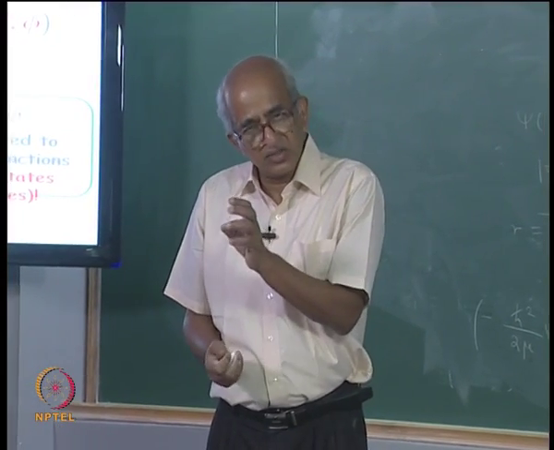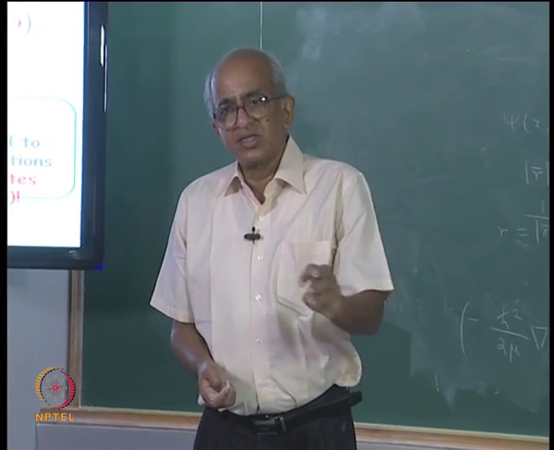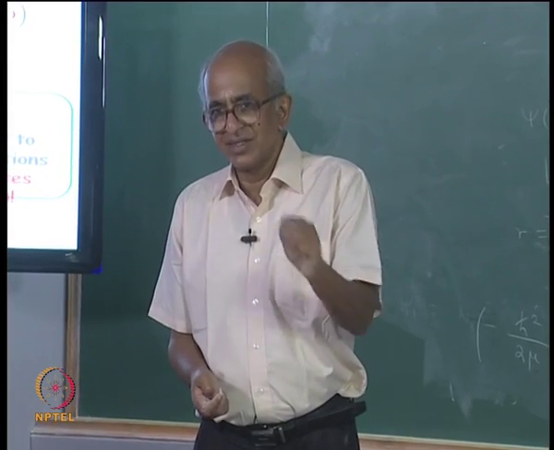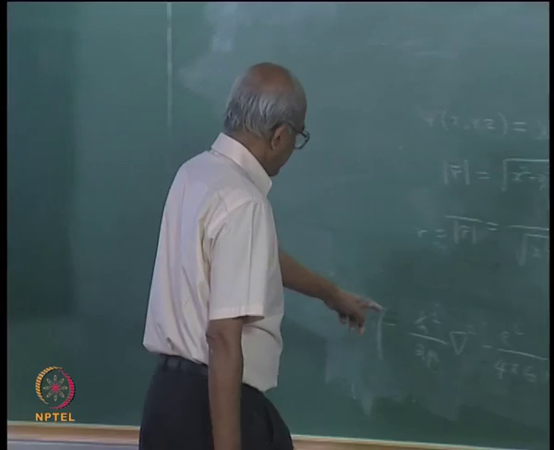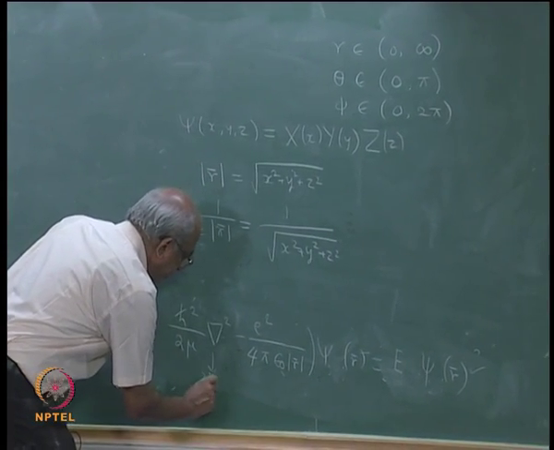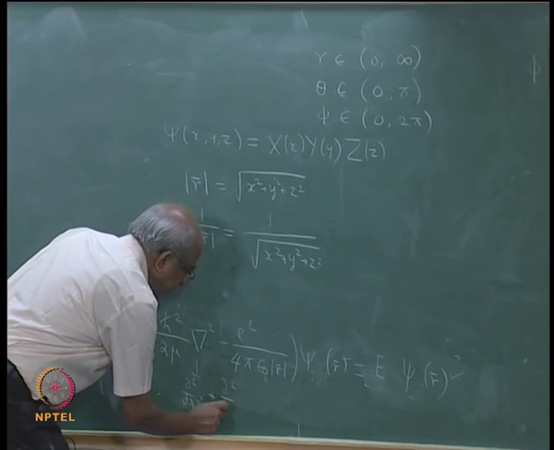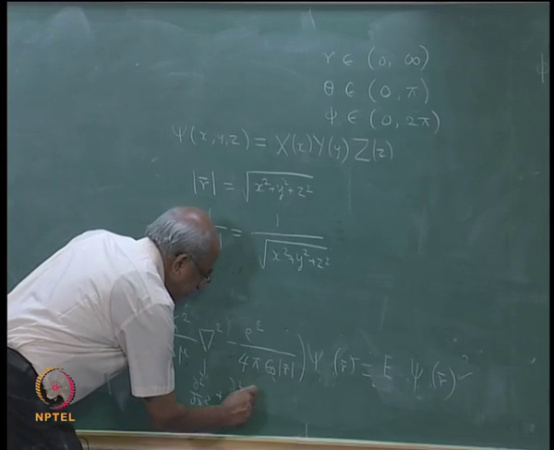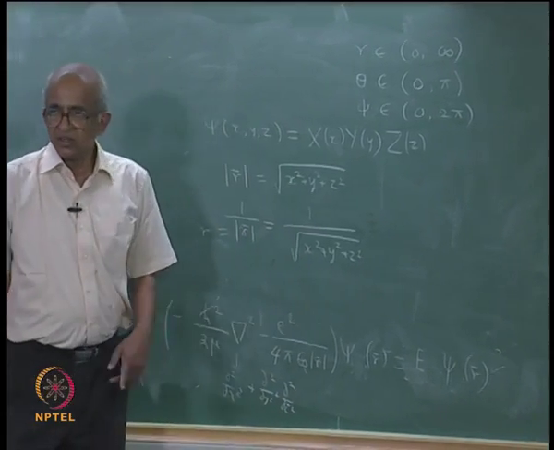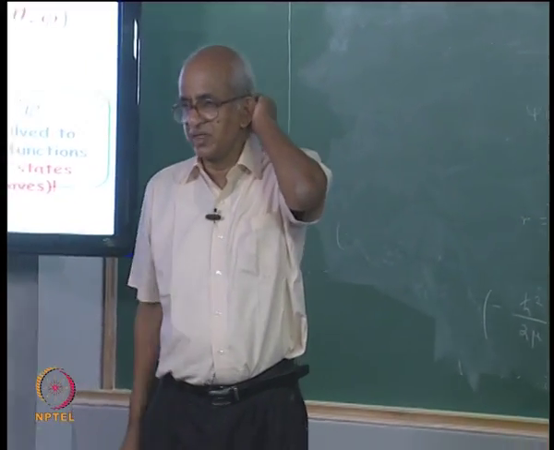In fact, there is kinetic energy due to motion in the x direction, kinetic energy due to motion in the y direction as well as in the z direction contained in there. And in Cartesian coordinates it is actually quite straightforward. You will have dou square upon dou x square plus dou square upon dou y square plus dou square upon dou z square, correct. This is what the del square operator is,